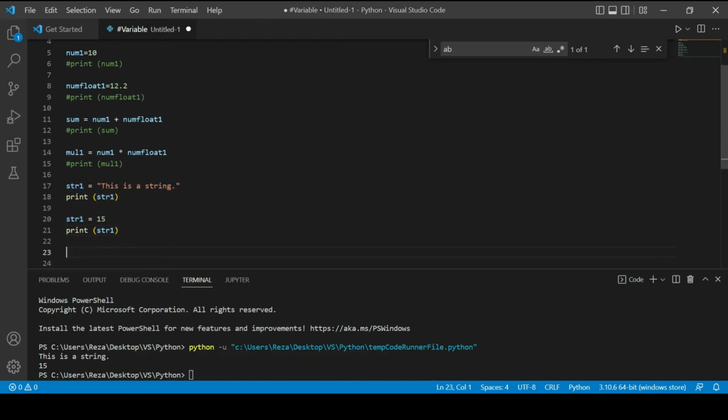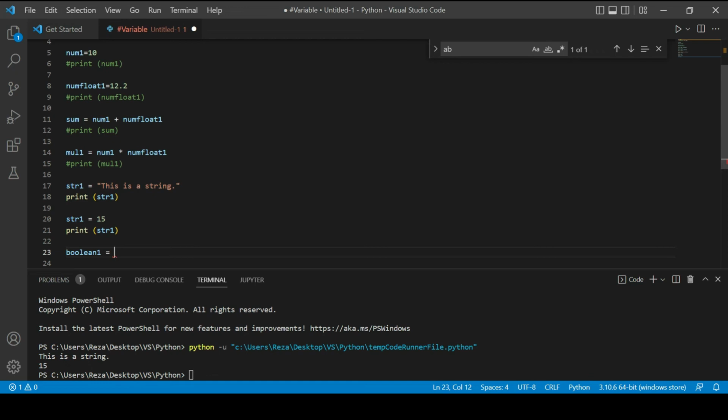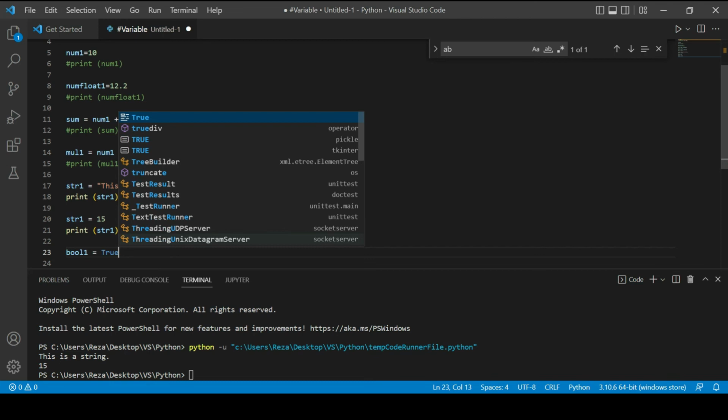The third type of variable that I'm going to teach in this video is the Boolean value. Booleans are variables that keep two values, true or false. And you can use them in different situations, but when you want to declare them, again, like the other variables, you write the name of the variable that you want to declare, and let's keep it shorter, and you write true,